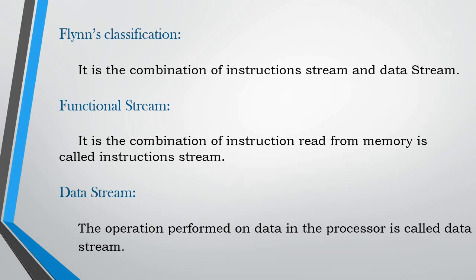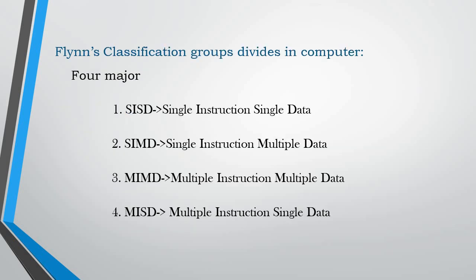Flynn's classification. It is based on the combination of instruction stream and data stream. The instruction stream is the sequence of instructions read from memory. The data stream is the operation performed on data in the processor. Flynn's classification divides computers into 4 major groups. They are